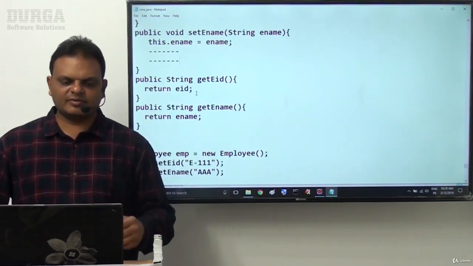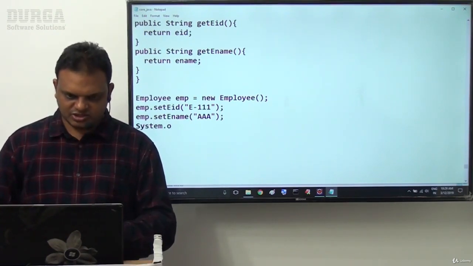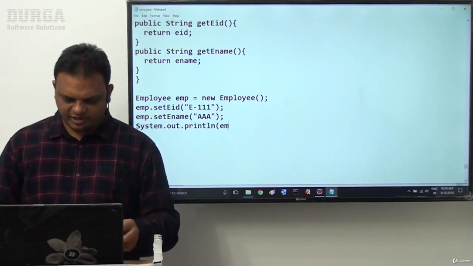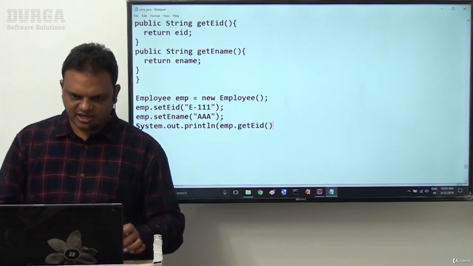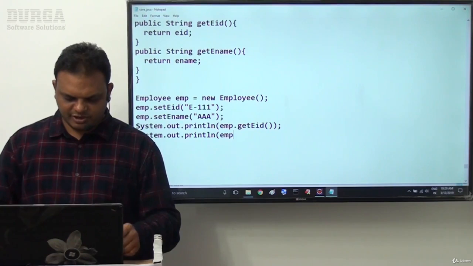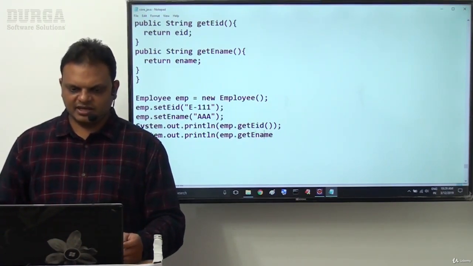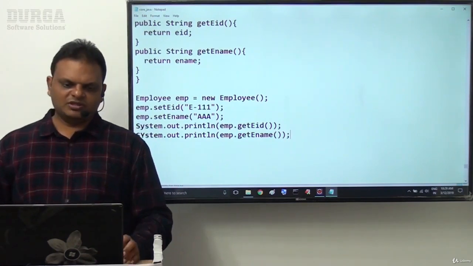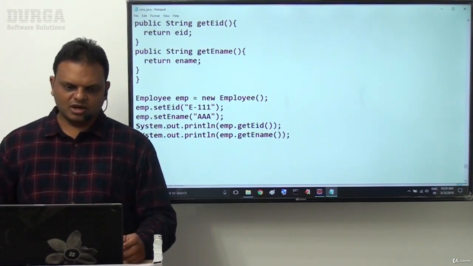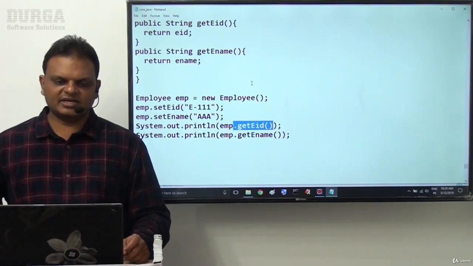In the case of getter methods also, for example, if I call System.out.println(emp.getEid()) and System.out.println(emp.getEname()), if we call these two methods, automatically the data will come to the getEid and getEname methods.